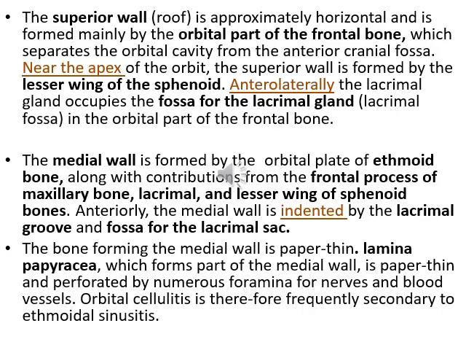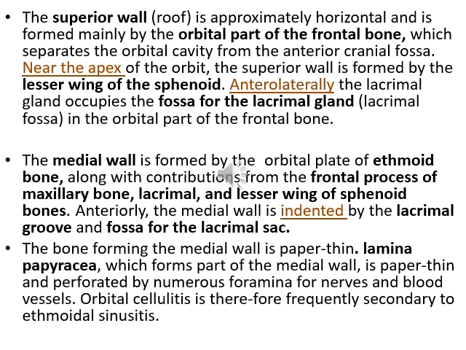The superior wall, or the roof of the orbit, is made up of a number of bones, which are the orbital part of the frontal bone, and posteriorly the lesser wing of the sphenoid bone. So these two bones make the superior wall, or the roof. Anterolaterally, within the orbital roof, we have a fossa for the lacrimal gland,